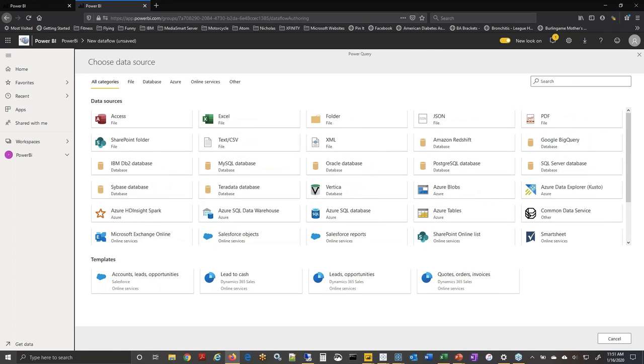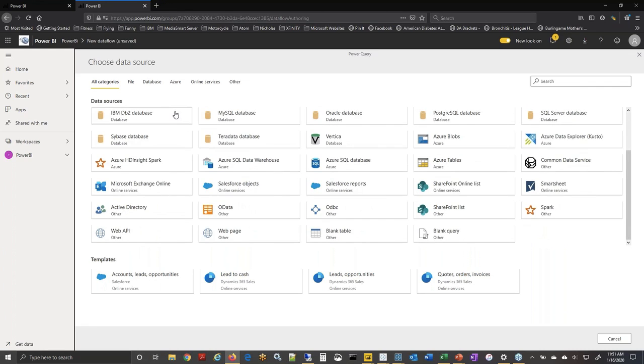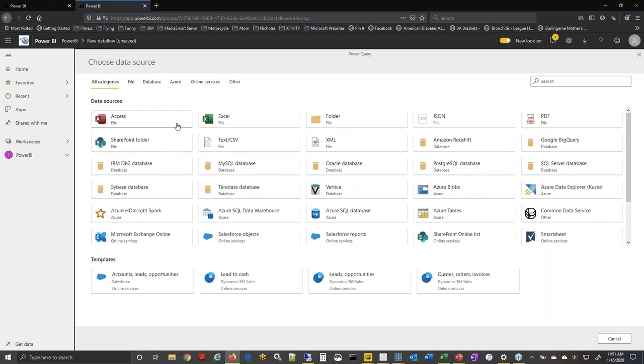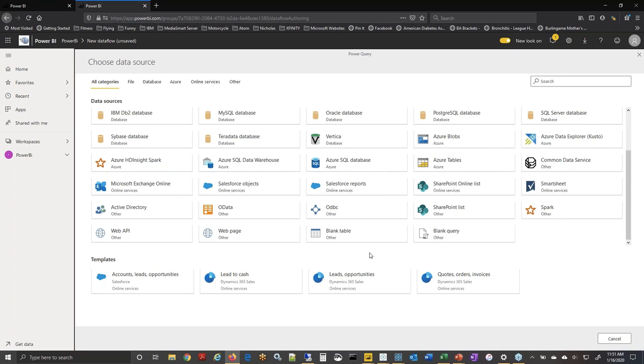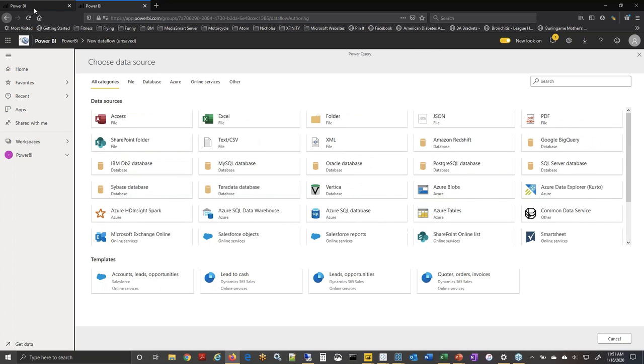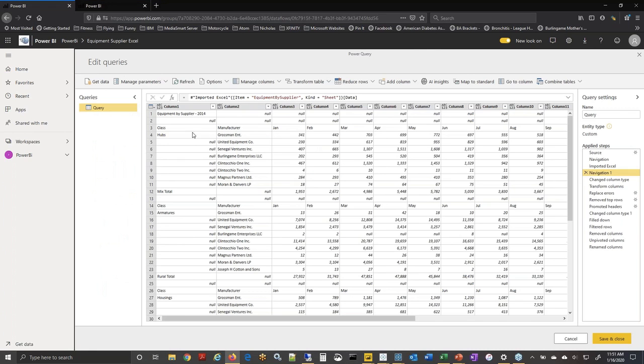Now it's not quite as wide of an array of connectors as you have with Power BI on the desktop. But there are some interesting tricks you can use, like you can do a blank query and paste stuff from desktop into this, and they're always enhancing the functionality here. Basically, here's one that I have open. This is the equipment by supplier spreadsheet that I'm able to attach to via either SharePoint or a direct connection using the on-premise gateway to that